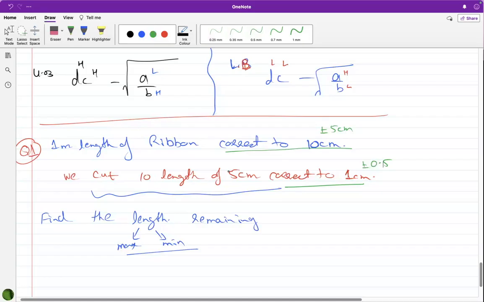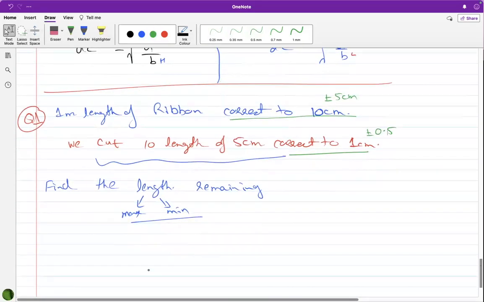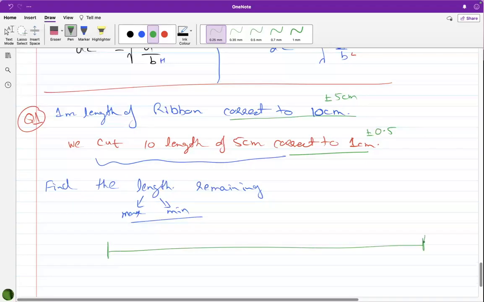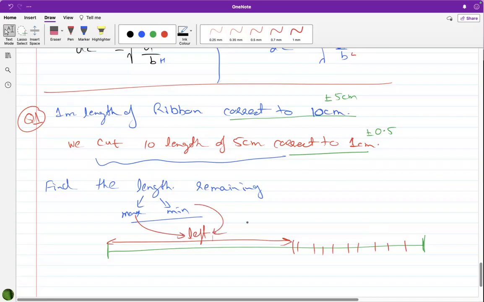We cut 10 lengths. You see, there's 1 meter length of ribbon. Now what are we doing? We cut 10 lengths of 5 centimeters. So 5, 10, 15. Oh, I see. 50 centimeters then. So 50 centimeters is left. If it's 100 centimeters length of ribbon, it's still going to be 50 left over. So the maximum left over would be 50.5, but